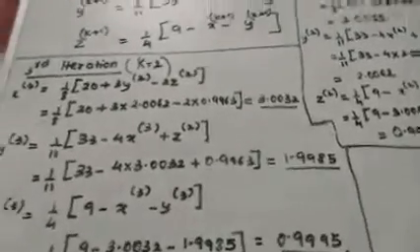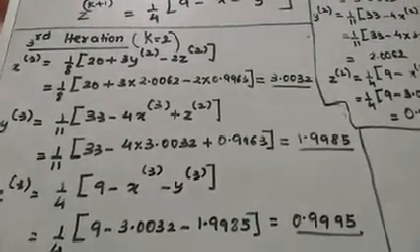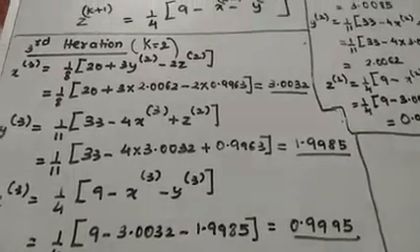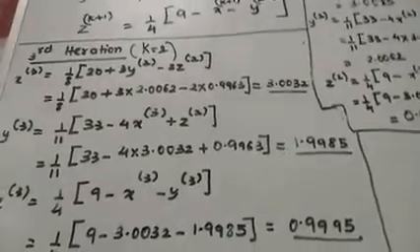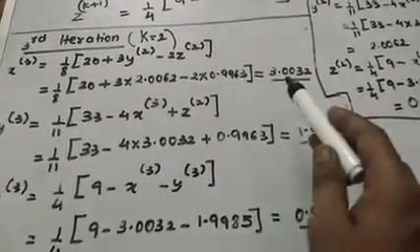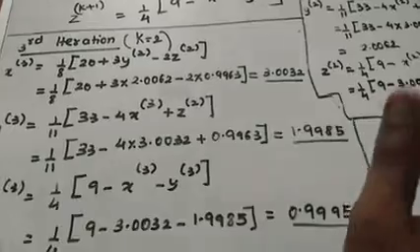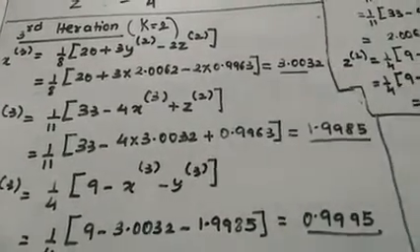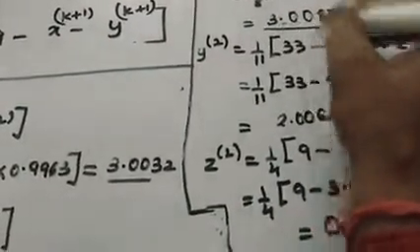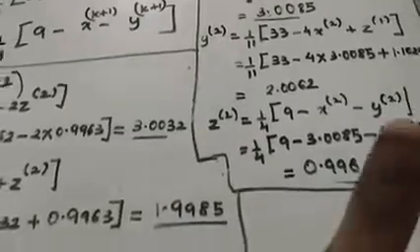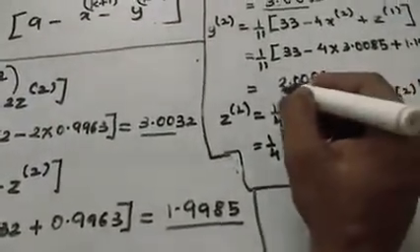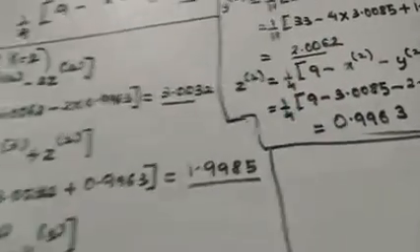Now the same concept of when we have to stop. We know that if two successive steps have the same approximation value, then we will stop there. Now let us see that here. x3, what is the value? 3.00. See, remember the question demands 3 significant figures. So what is the 3 significant figure here? 3.00. x2, what is the 3 significant figure? 3.00. Same. Here, y2, what is the 3 significant figure? 2.00.